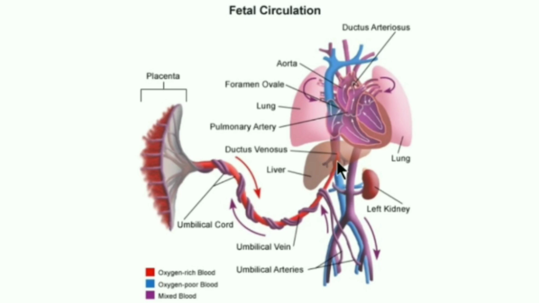At the level of the liver, it divides into two branches. The small branch enters the liver and joins with the portal vein. There is mixing of blood with portal blood in the portal vein, and it comes back to the ductus venosus. Ductus venosus is the branch of the umbilical vein that connects the umbilical vein to the inferior vena cava. So the first blood mixing occurs at the level of the liver, and the blood comes back to the inferior vena cava through the ductus venosus.